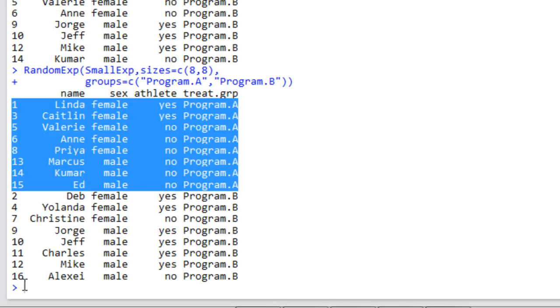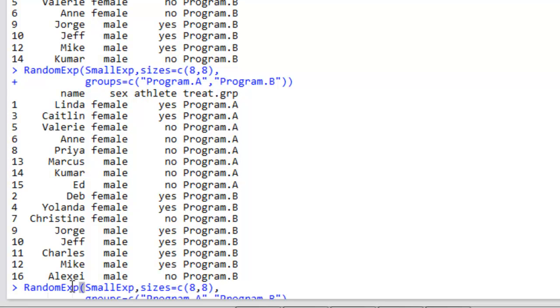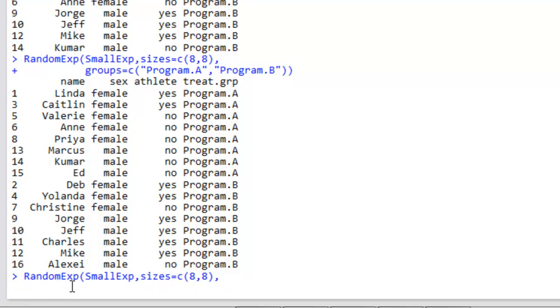But we're going to go ahead and run the code without setting the seed and run it several times just to confirm for ourselves that the groups look similar with respect to sex and athletic status, even though they're different with respect to the actual individuals that go in them. So we'll copy, we'll head to RStudio, go down to the console, paste in, run,